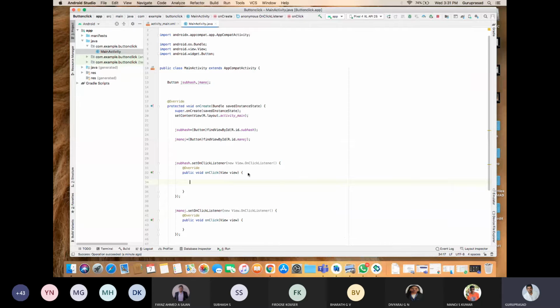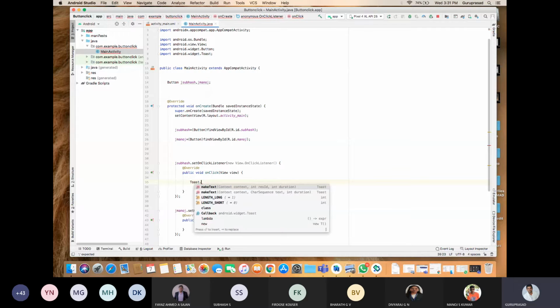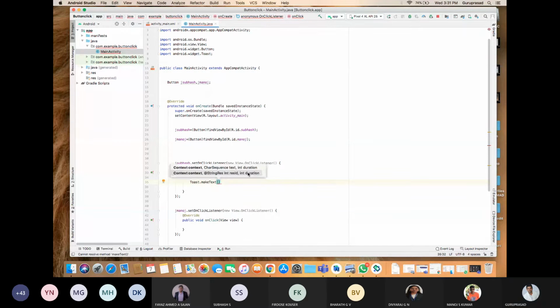Now toast, T-O-A-S-T. I am not defining this toast. It is predefined in the studio. Toast dot makeText. Where do you need to make the text?